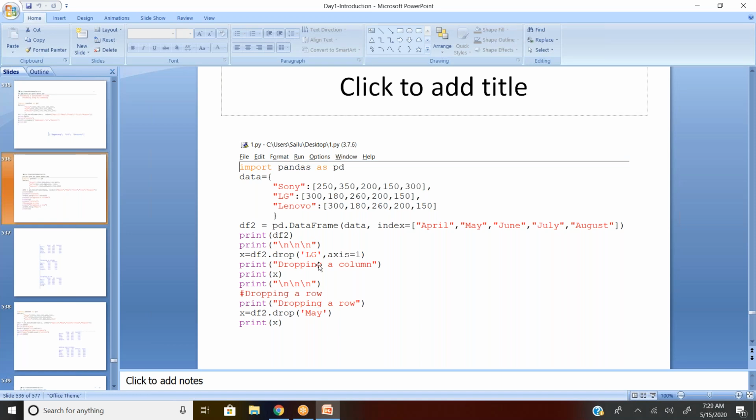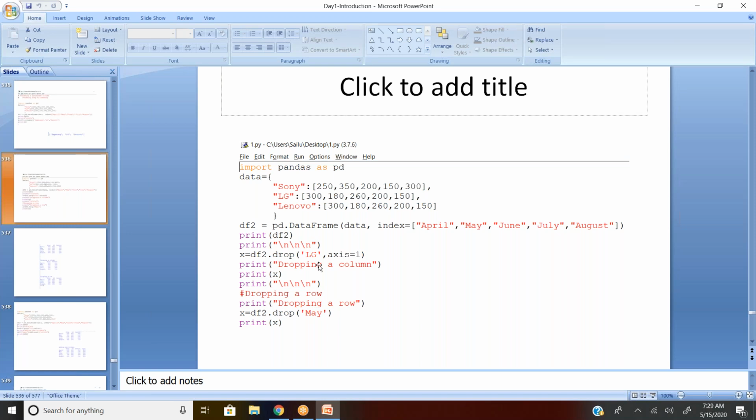For rows, it is not required to give. For columns, you need to mention. So are you guaranteed that LG is always going to be a column name? It will not be a row name? We don't know, right? So assume a very unique scenario: I have a column named LG and I have a row named LG.